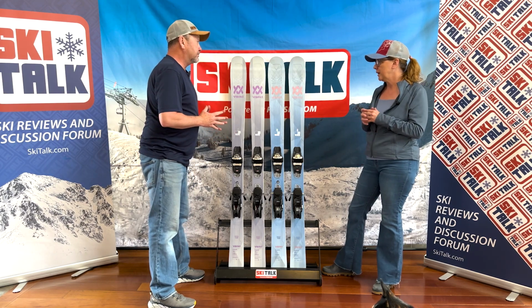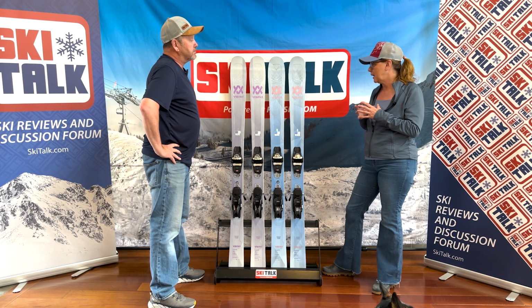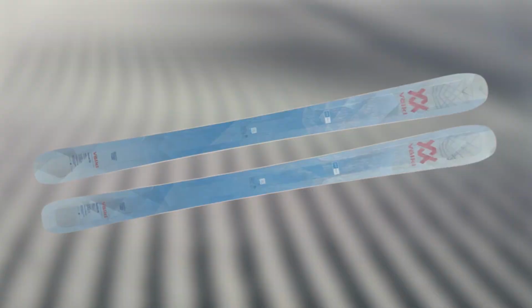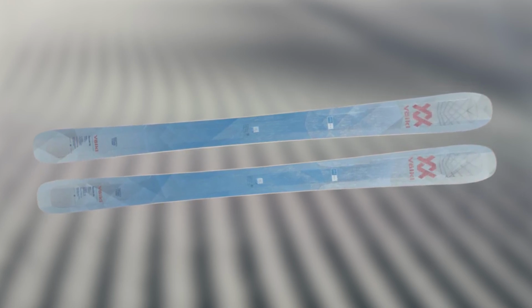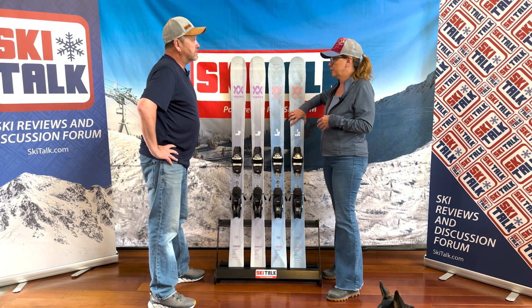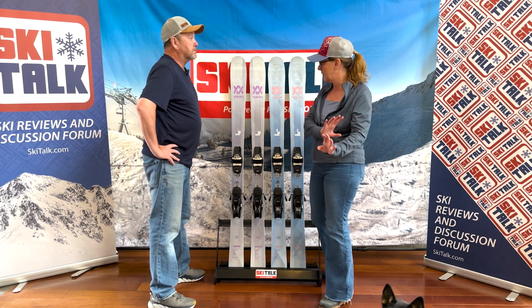So the 3D radius is set up so that when you get on the ski and you want to really power through it, you can make a quicker turn, even though there's a published radius. So for instance, if I decide I want to make a quicker turn radius than a 16 meter on this, all I have to do is power down and make it snap through the turn,